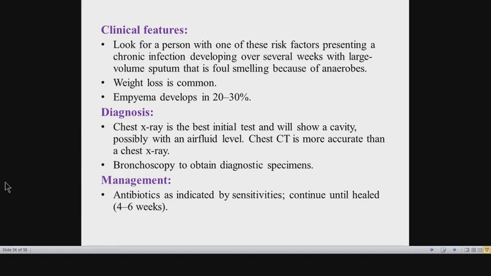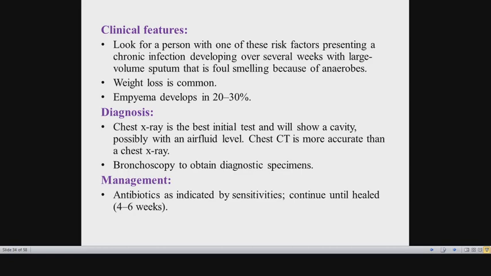So we will give antibiotics preferably as indicated by sensitivities. After we obtain diagnostic specimens, we will send for culture and sensitivity, and according to sensitivities, we will give antibiotics. And ideally, antibiotic therapy should be given for prolonged duration, at least 4 to 6 weeks. But initially, before we obtain the results of the sensitivities, we can give empirical therapy,